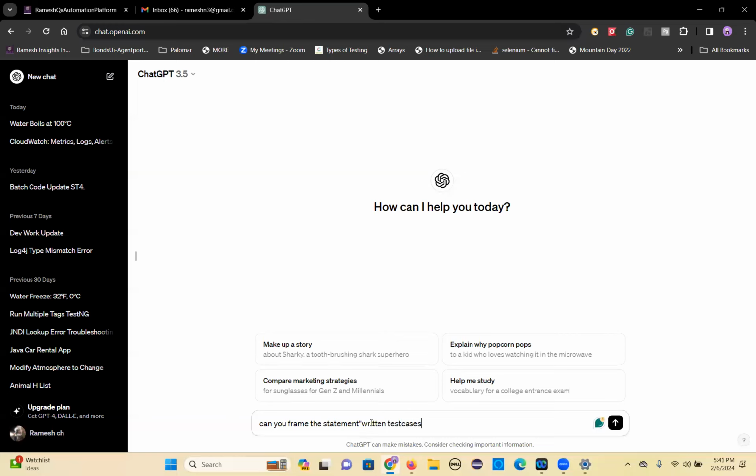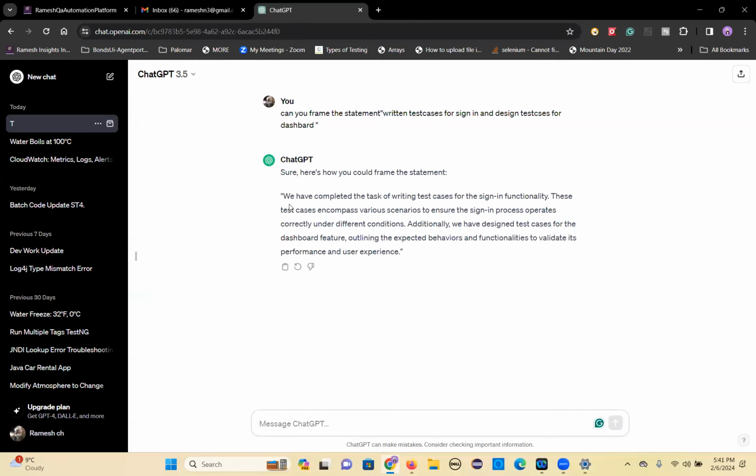Written test cases for sign in and written or design. So simply whatever you want to write, you write, then it will correct it and give you a right sentence. Design test cases for dashboard. Okay, so this is how you can, see, it's giving very nice